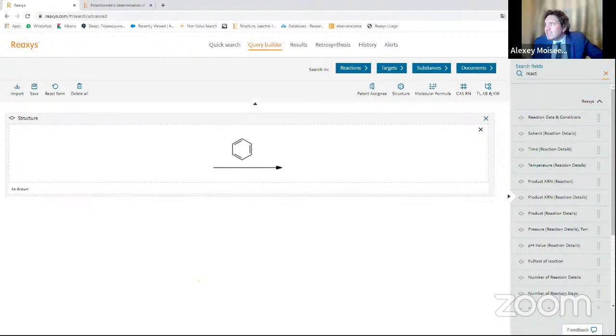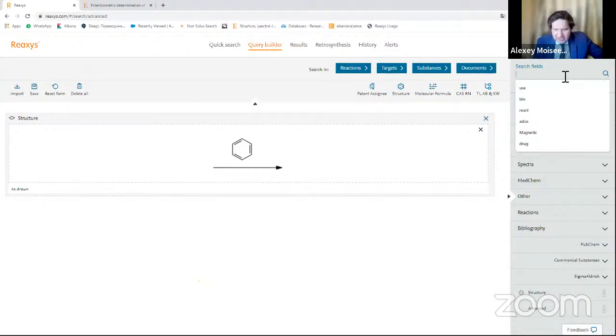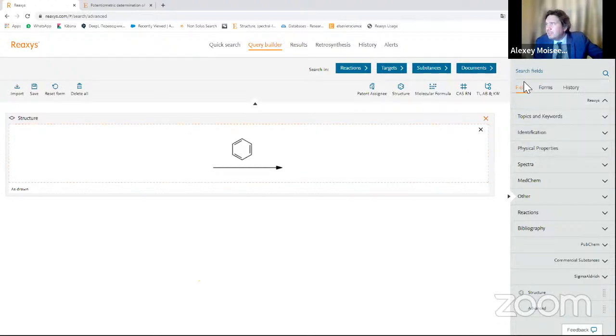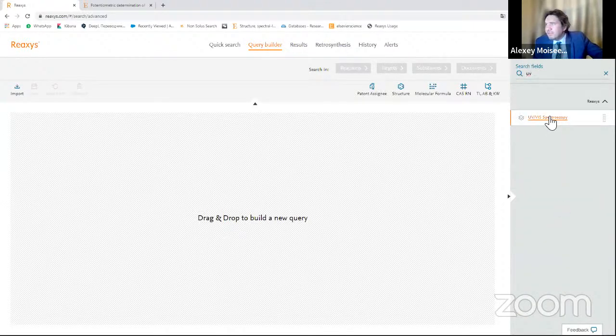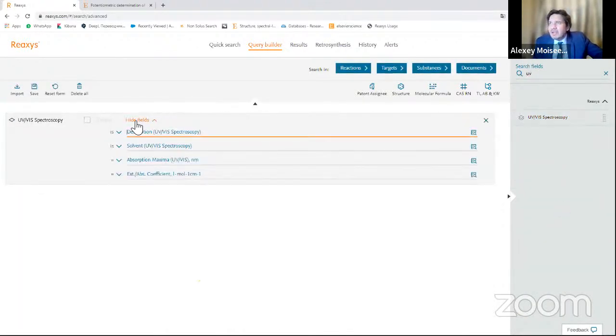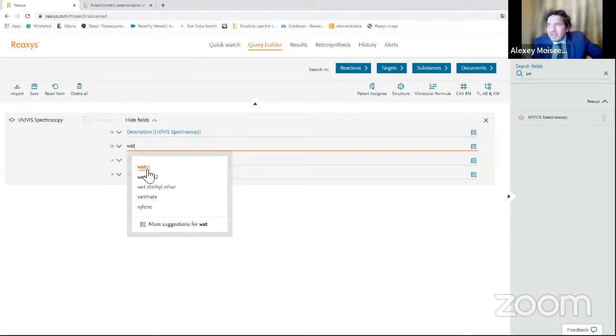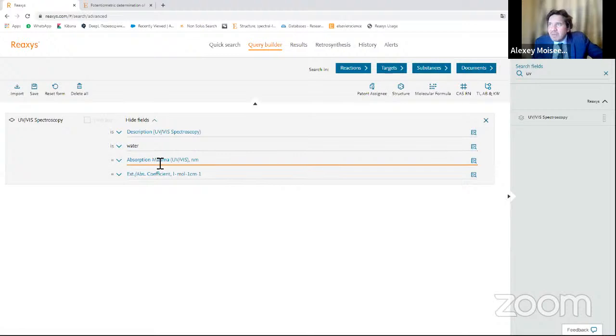with all together with special unique features of Reaxys, like search by spectral information. For example, we can find all the substances which, when they are soluble in water, have a spectral maxima between these numbers.